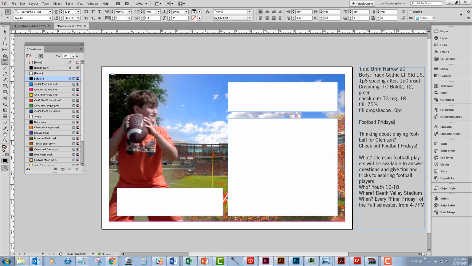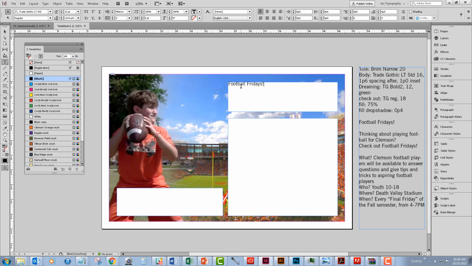So Football Fridays is my title. So I'm going to select that and copy it with Control or Command C. Because I've got the type tool already selected, if I hover over the box, I see that my cursor goes from a square cursor to a round cursor. That says there is a home for this text that I've copied to live, and if I click and paste or click down, I get a blinking cursor and I can Control or Command V and get that text in the